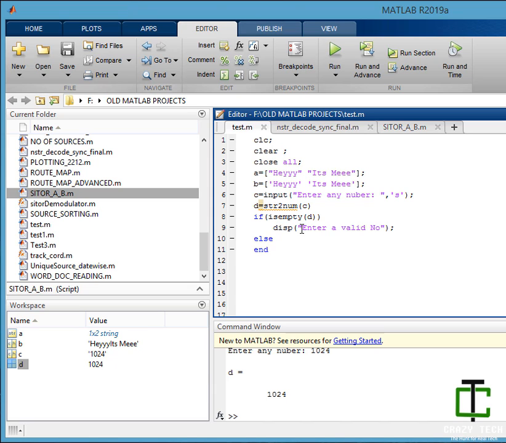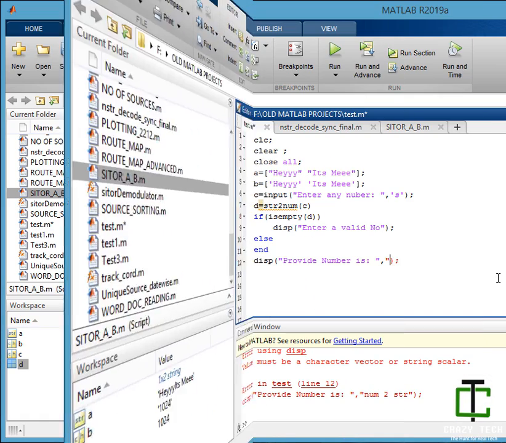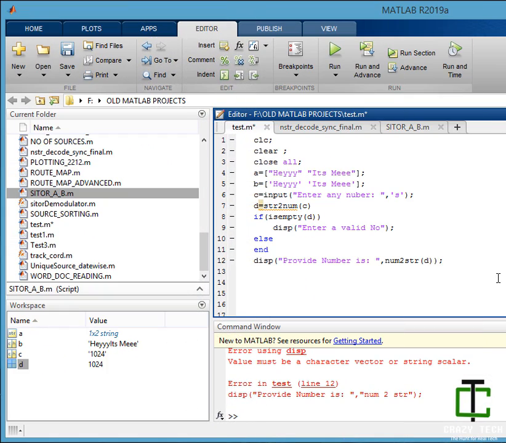If I want to, let's say, display 'provided number is', okay.